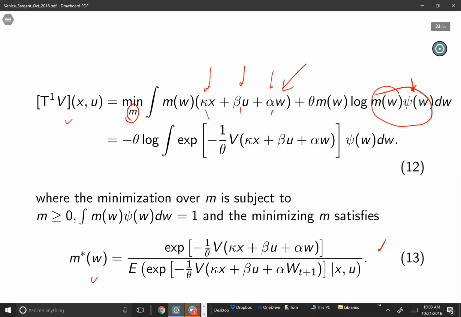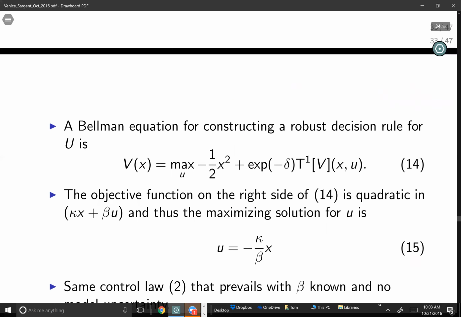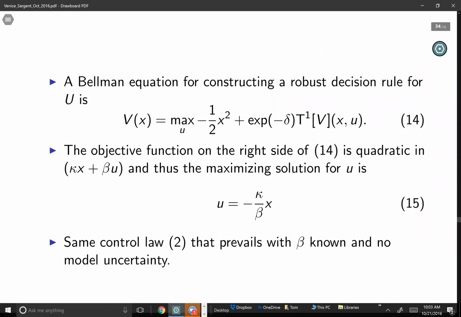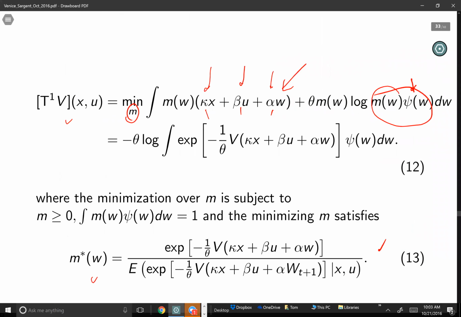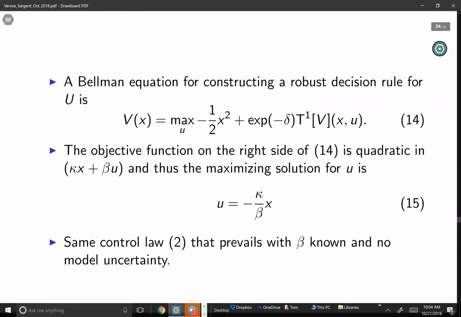And something's going to happen that surprised me. Okay. So now the decision problem actually goes all the way back to Wald. The decision maker is going to use max-min decision theory. He's going to be maximizing, assuming